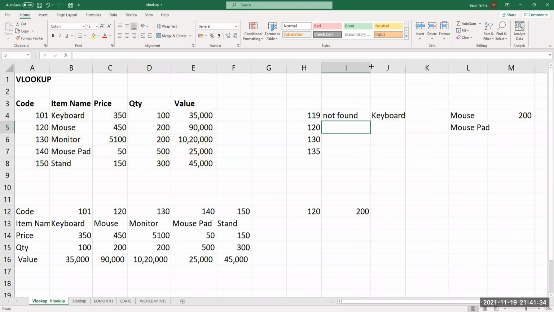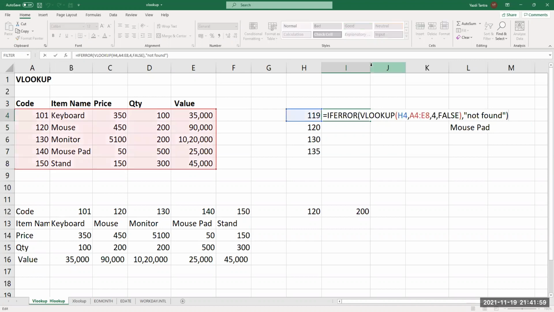Are we clear on this? So if there is no exact match, it will show an error, or we can give an error message. If there is an exact match, obviously it will return the value there. So this is how VLOOKUP works. That formula again, please. Yeah. So what we said is, if this formula returns an error, then what you should do is print this.